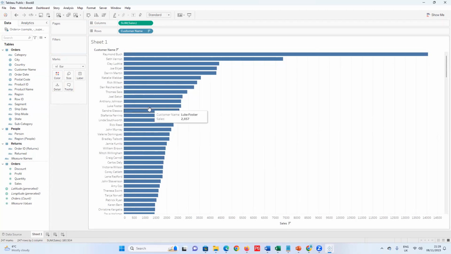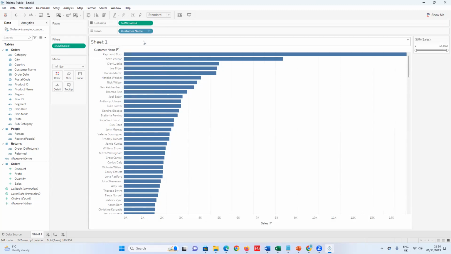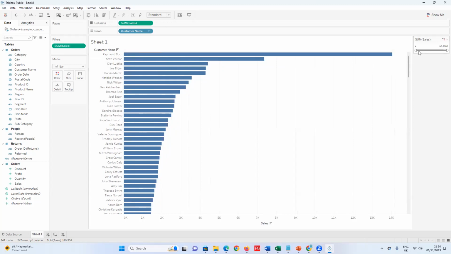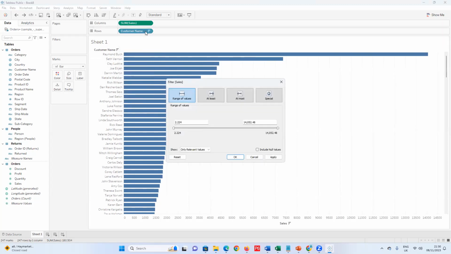I just want to give an example. If I want to know the top 10 people that are buying things, I want to just know the top 10. If I come to this drop down here, I can say show filter, right? So if I go to filter,